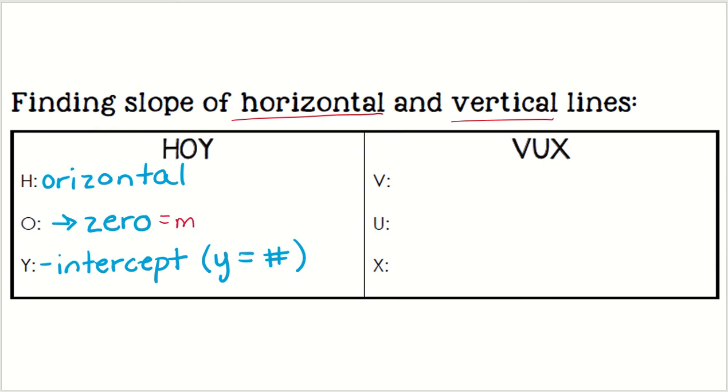And the equation we would have to help us find our line is y equals a number. And another way to think about it is it's going through the y-axis, so it's actually the graph of your y-intercept. Now VUX, I think you can kind of figure out what we're going to write, but we have vertical,